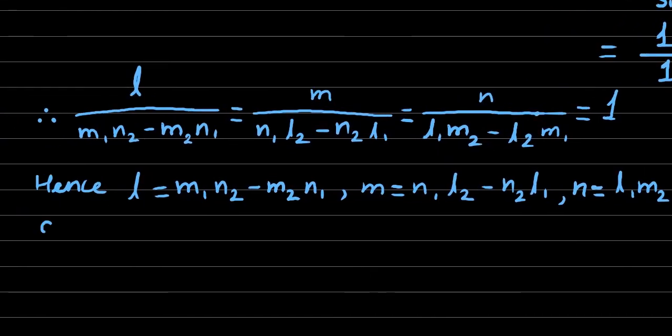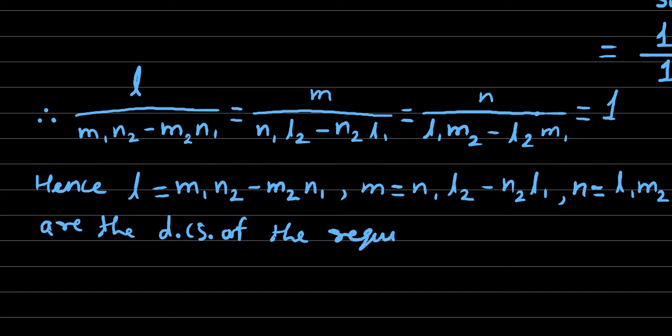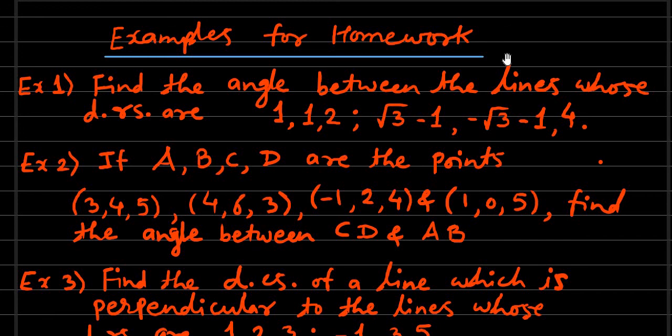Okay, so these are the direction cosines, means DCs, of the required line, and this is the thing that we wish to show. So likewise we have solved this example also. So today we have solved some examples on the angle between two lines. Now I am going to give 2 to 3 examples as homework to you. So you are going to solve these examples as practice. Now here are some examples for your practice as homework.